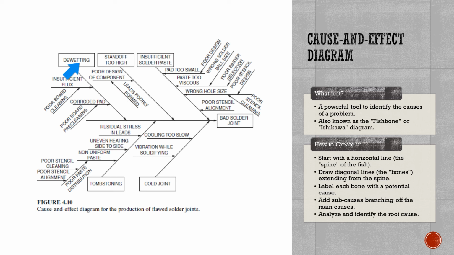So this is the main potential cause, and you can add sub-causes related to that main potential cause. As you can see on the diagonal line, we can add the sub-causes